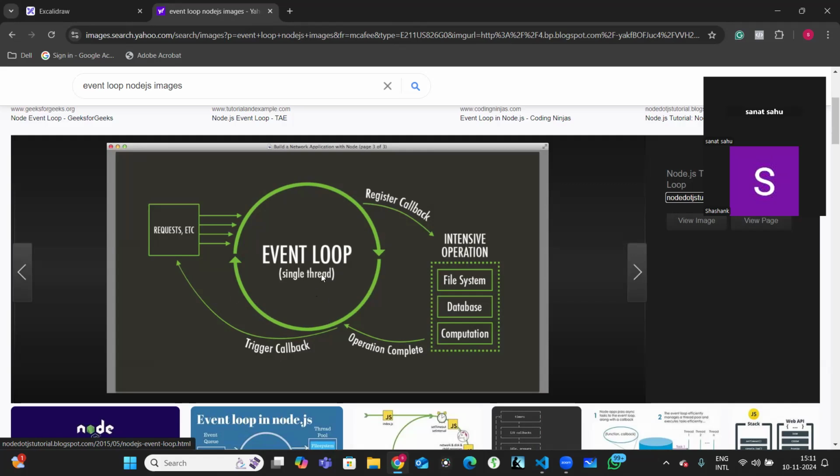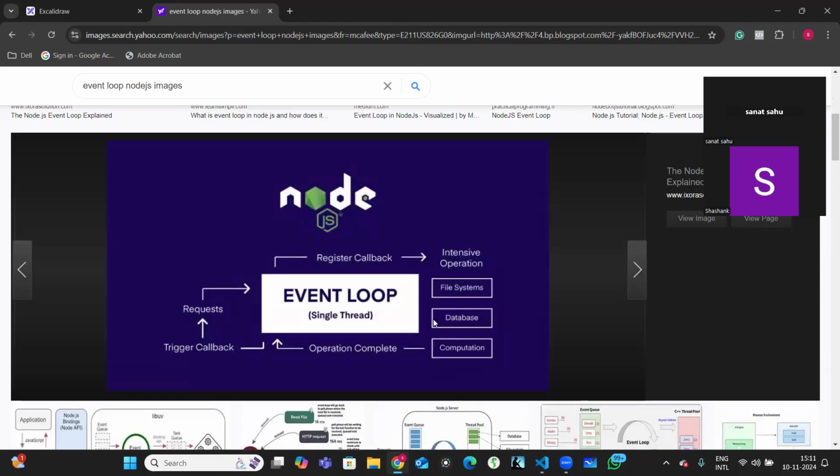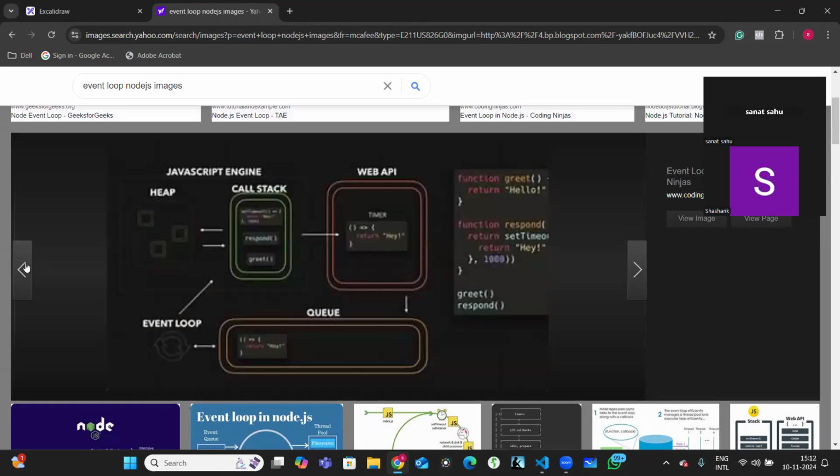So it is single threaded, but because there are ways in which it handles the blocking code, it is able to execute it, right? This is the event loop. I explained it a little deeply, but yeah. So this is the